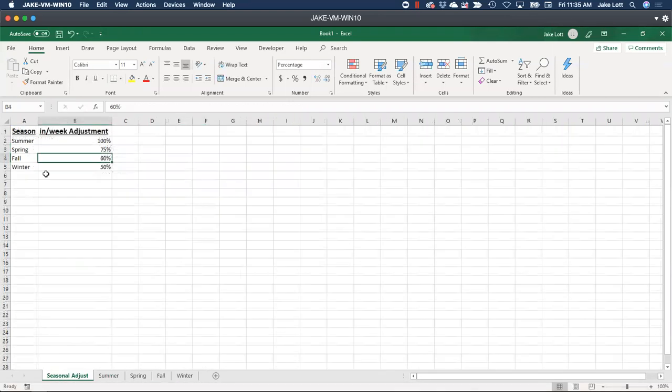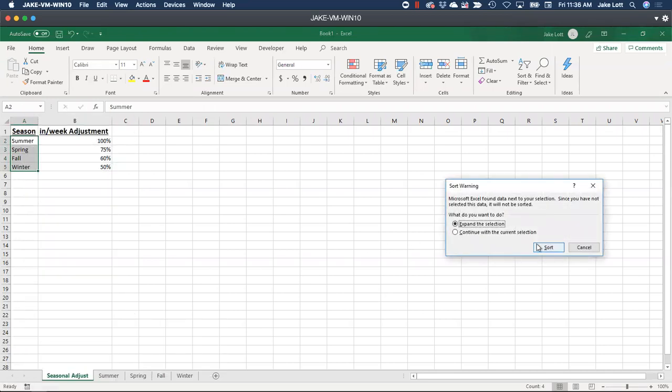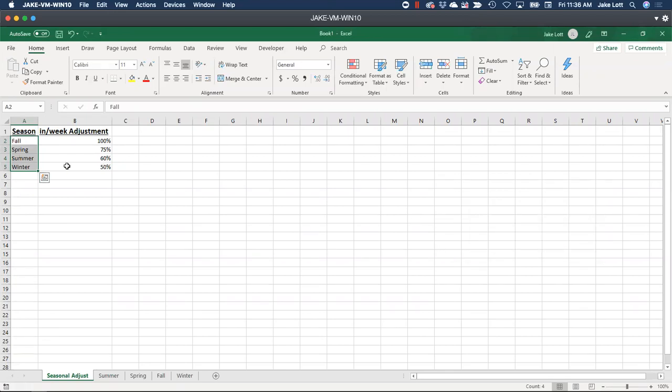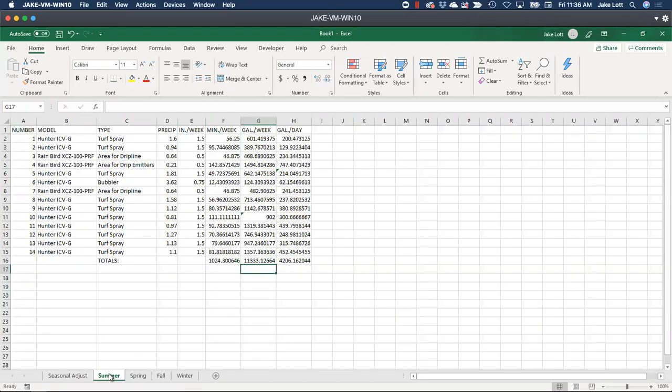Let's get this into order. Okay, see if that fixed me there. There we go. Cool. Now, why did it need to be alphabetical there? Is that what you needed to change it back there?